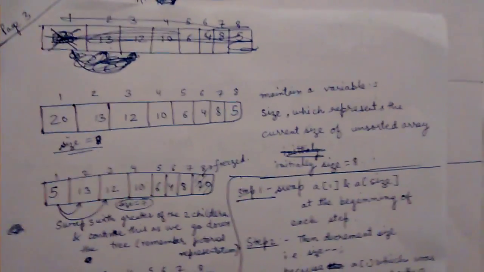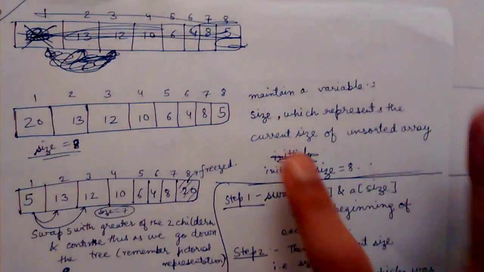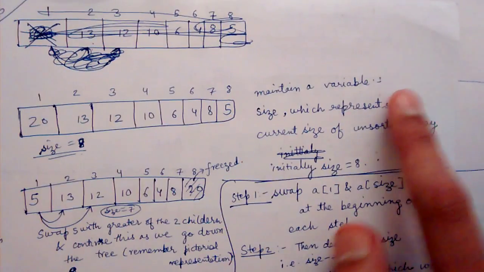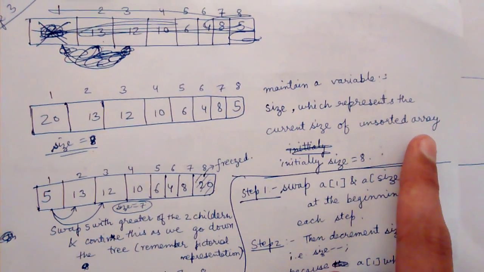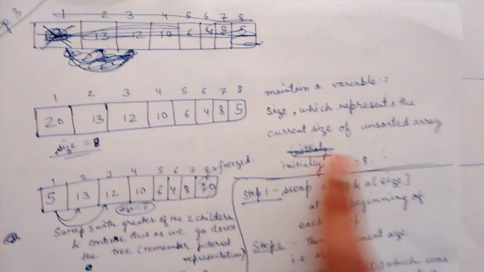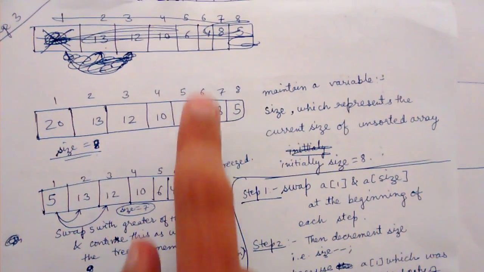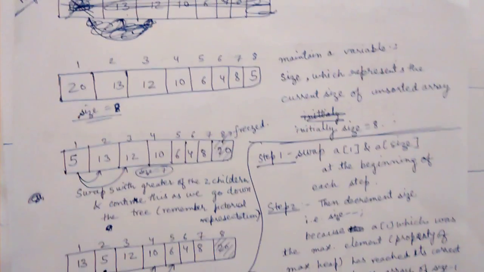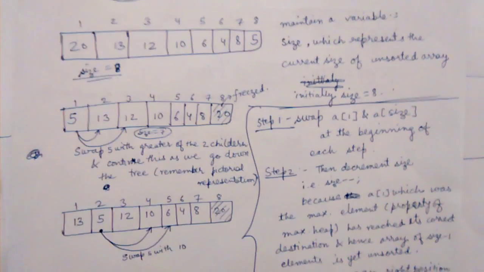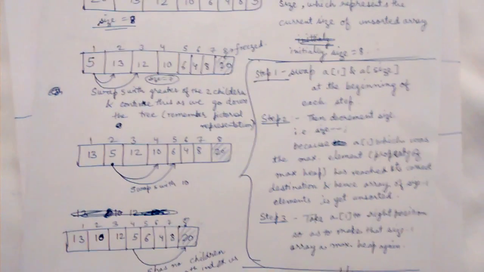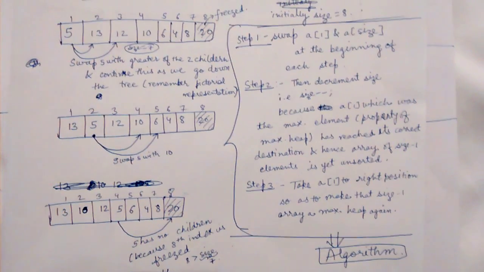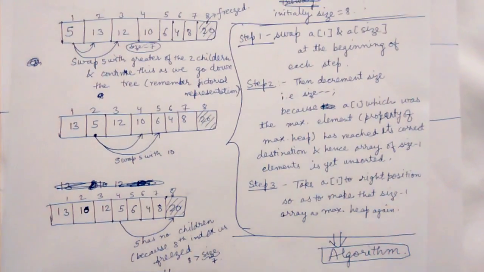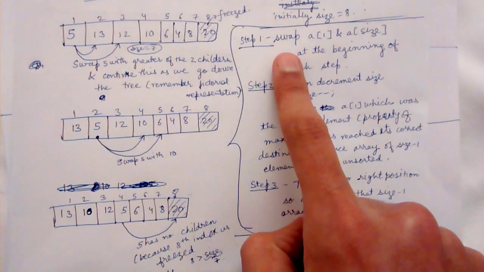Okay, so what we do is we maintain a variable size which represents the current size of the unsorted array. So initially size is equal to 8 because the whole array is unsorted. Okay, so what are the steps of our algorithm? This is our algorithm. Let us examine the steps of our algorithm, and then while practicing the steps we will